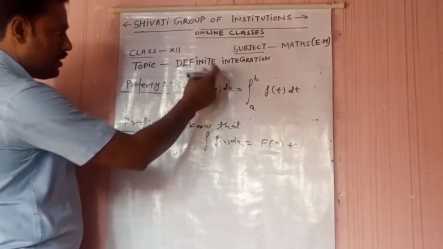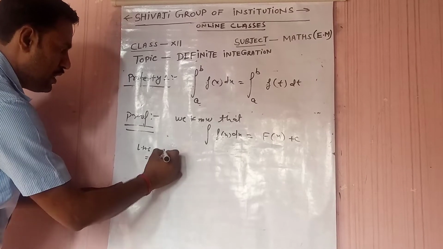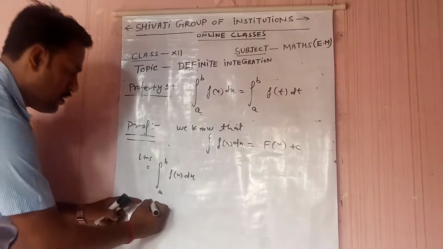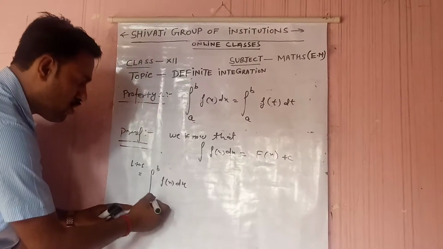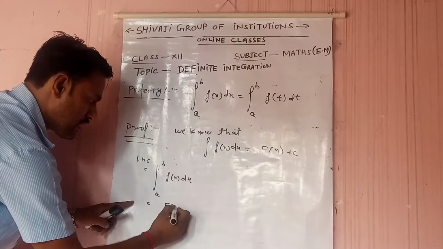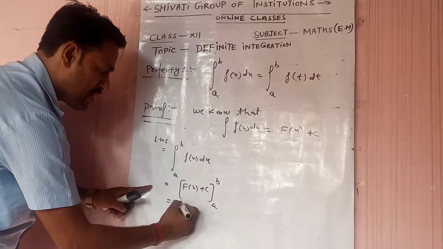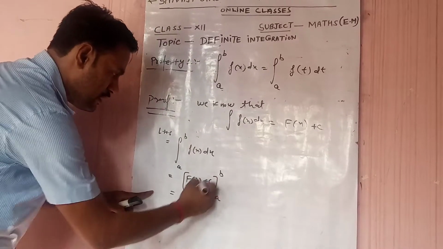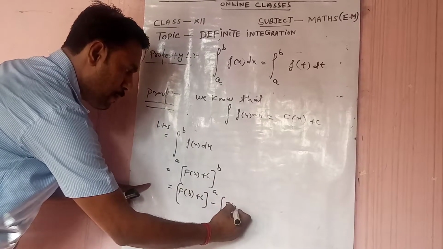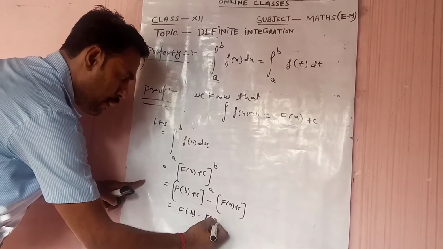Indefinite integration of any function f(x) gives some solution, some answer, that is called F(x) plus c. Now take LHS, students. LHS is integral a to b f(x) dx. Here it is definite integration, but sometimes you forget this limit. Only indefinite integration f(x) dx is capital F(x) plus c. So apply this. Then using the limit, by the second fundamental theorem, firstly the upper limit: F(b) plus c, minus the lower limit F(a) plus c.